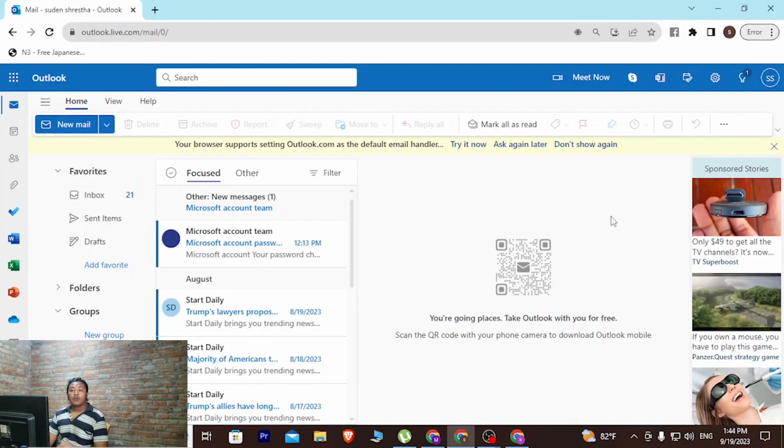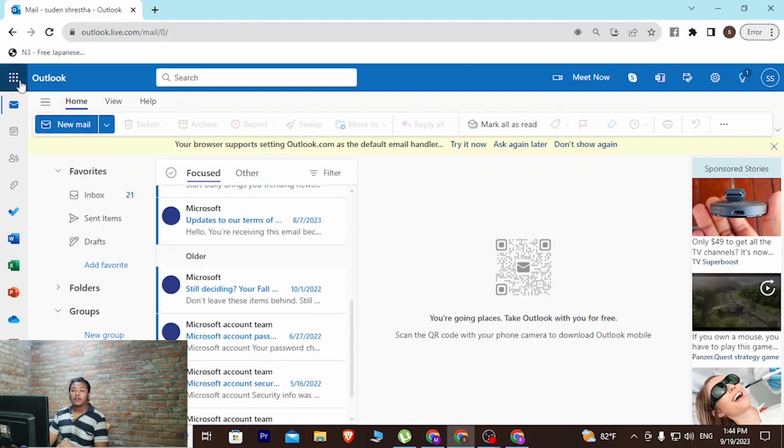Today I'll be showing you how to log out of your Outlook account on your computer, so let's dive right in. Now to log out or sign out of your Outlook account on your computer, first you must log into your Outlook account, as I've already logged into my account, and this is the home section of my Outlook account. Now in order to log out of your account guys, at the top right corner of the page